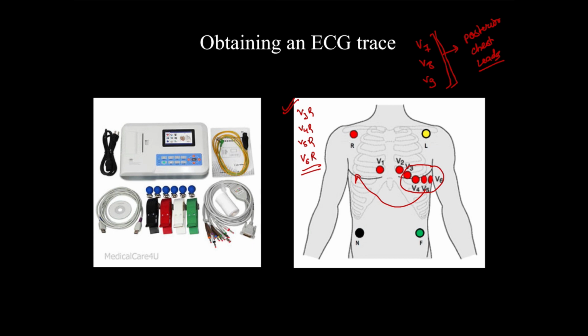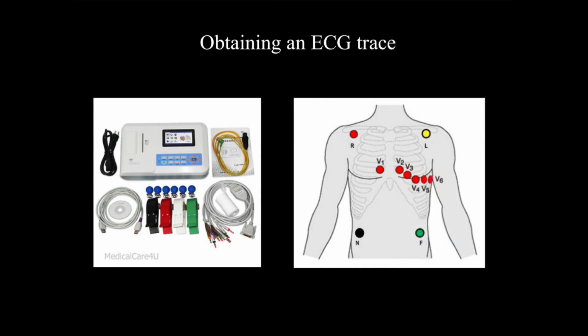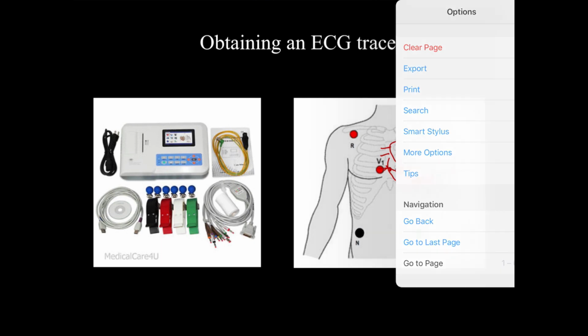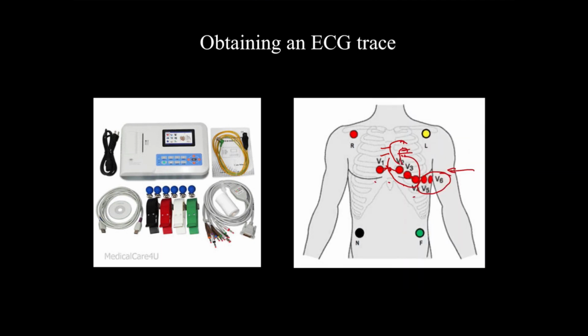Now the heart is oriented something like this, with the great vessels coming like this and the pulmonary trunk this way. As you can see, the right ventricle and the septum are seen by V1 and V2. V3 and V4 look at the left ventricle anteriorly, and V5 and V6 look at the left ventricle from the side. We'll see which lead sees which wall of the heart, but you can appreciate at this point that the various chest leads look at various walls of the heart circumferentially from different angles.